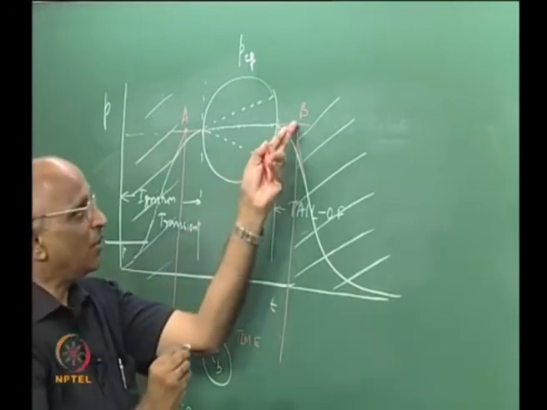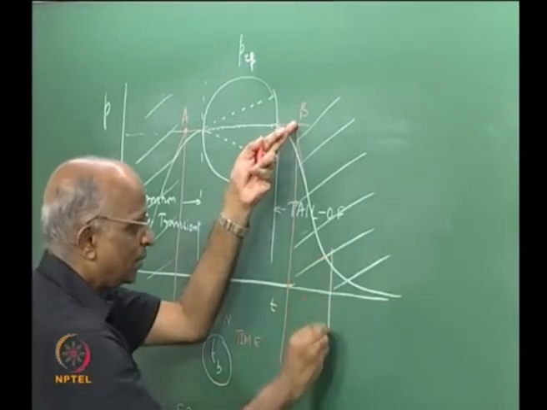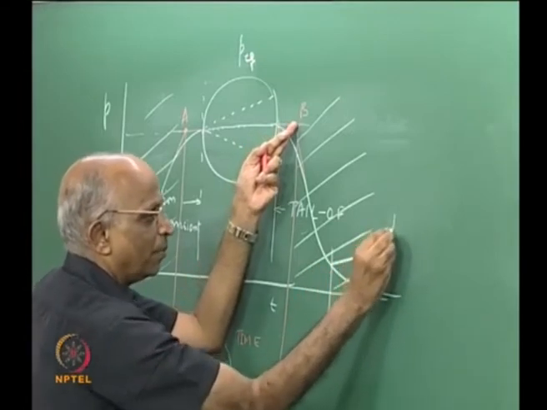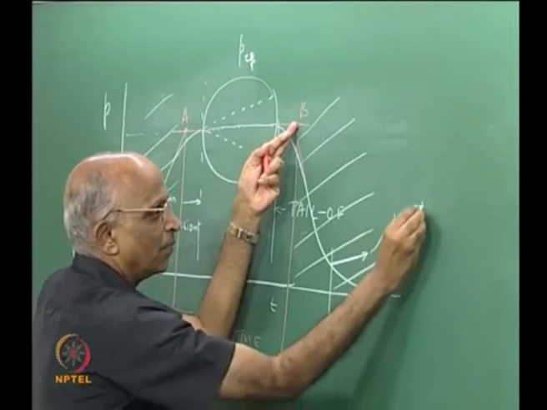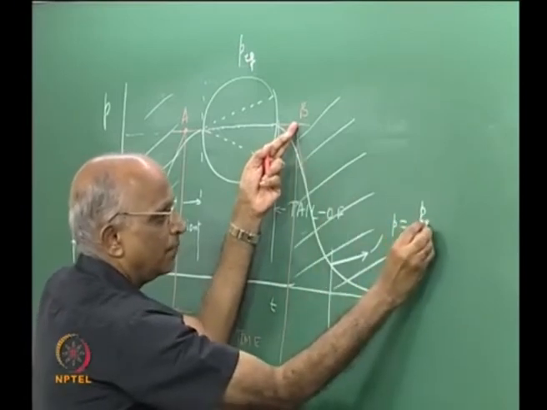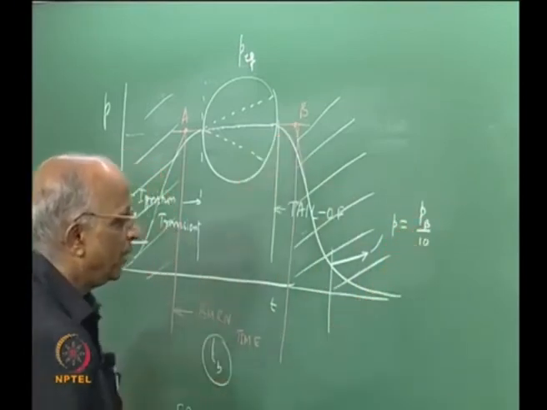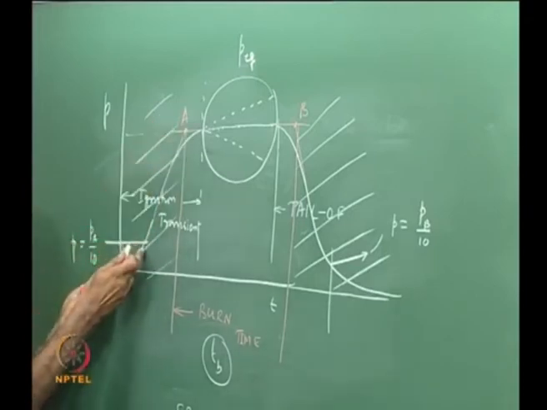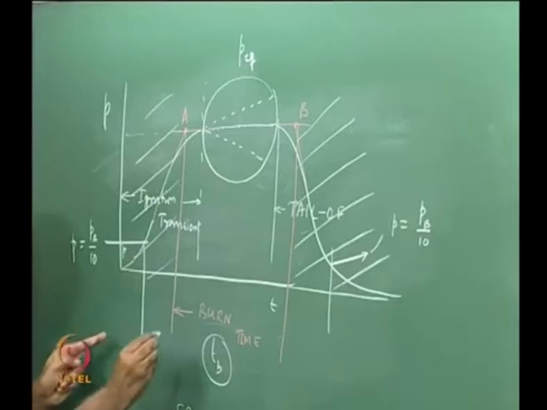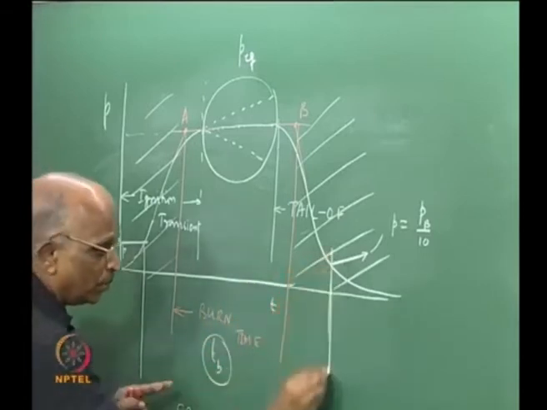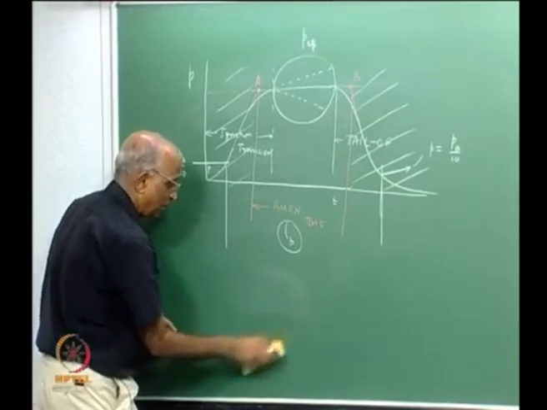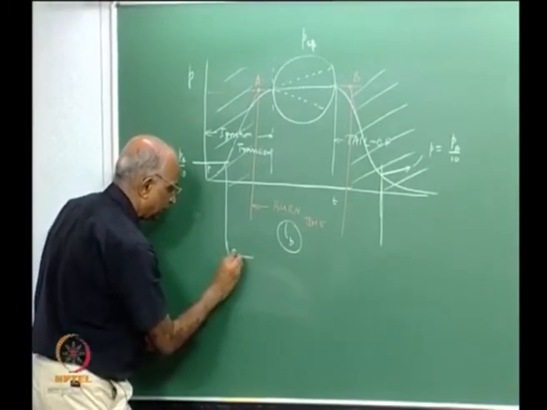Similarly, I get the value of Pb here, 1/10 of the value, so the pressure at this point is equal to the pressure corresponding to B divided by 10. Here also I get a certain impulse, though very small, and the time between this and this is what we call the time of action of the motor, or action time,